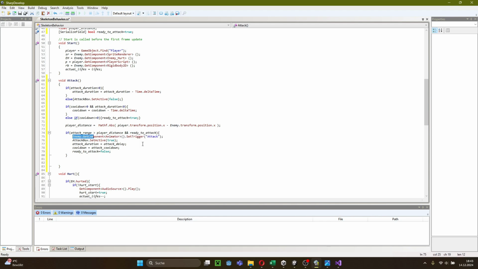So first we set the animator on our game object enemy to set the trigger onto attack, so the attack animation will be played. In the second step we set the attack box to true, giving the enemy the damage, and then we set the attack duration to attack delay. That will later be counted down in the first if statement within the attack